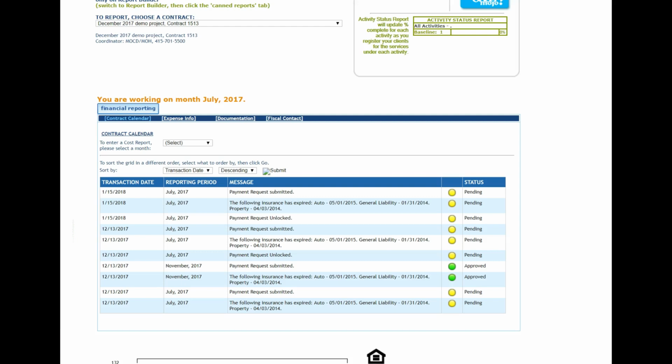OEWD prefers that agencies submit 0 invoices for interim months and submit monthly billings in order. So if I'm looking at this project as a grant coordinator, I'm going to assume the agency has no costs for August, September, or October that they want to report, because they've reported July and they've now reported November. I might contact them and ask them to submit 0 invoices to confirm, or I may just go with my assumption. The reason we prefer that each month have a report, even if it's 0, is because then the project